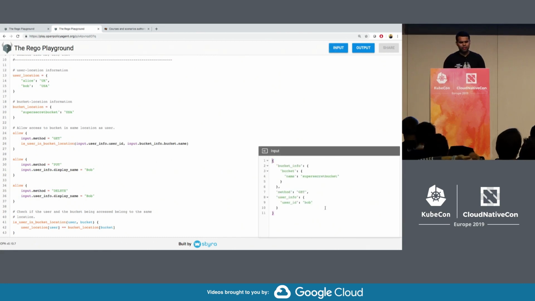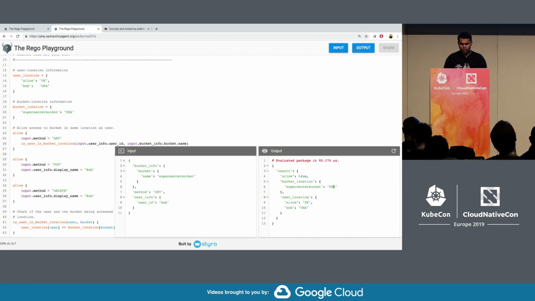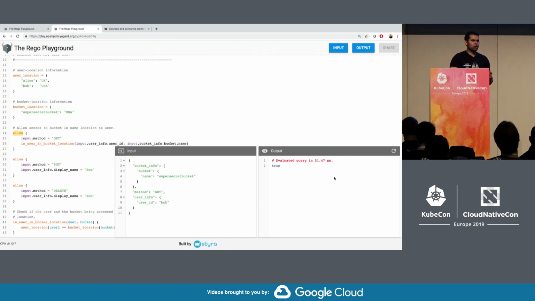And so if I give an input to this policy which says that Bob, who is from the USA, wants to access a bucket called the super secret bucket, which is in the USA, is he allowed to do that? And again, if you evaluate this rule specifically, you are going to get a value true, which means Bob is going to be allowed to access the super secret bucket, which is located in the USA.